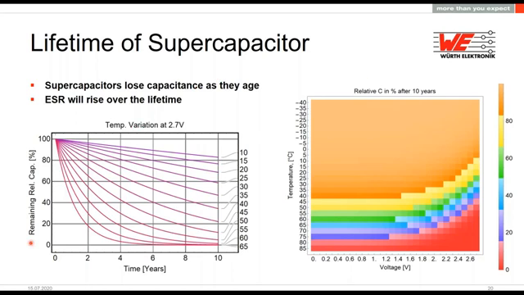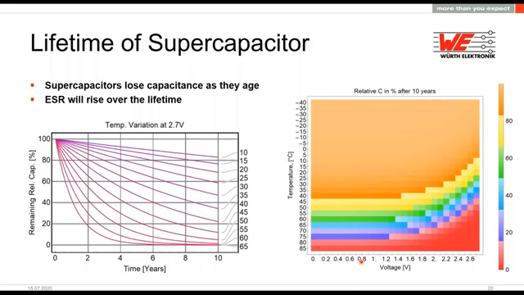The left one shows the remaining capacitance after 10 years, depending on which operating temperature the supercapacitor is used. And the right diagram shows the same information, but in a more sophisticated way, because we also take into account the applied voltage. The loss of capacity, the aging, can also be compensated a little bit by the IC we are using. You can change the supercapacitor bank voltage with the IC, and there you can increase it, and you get